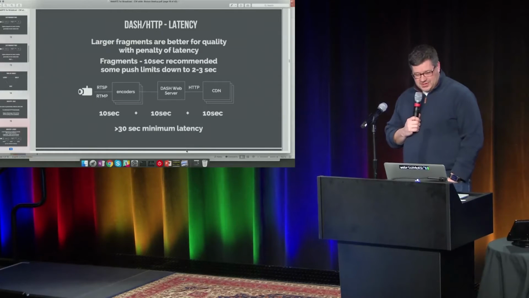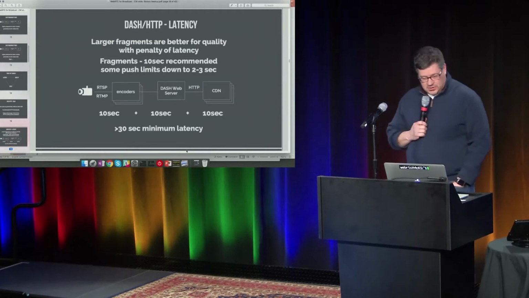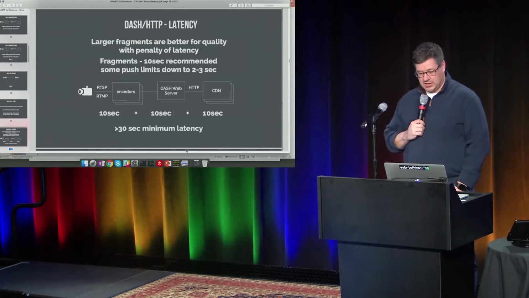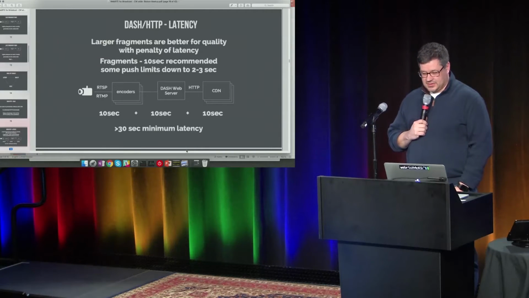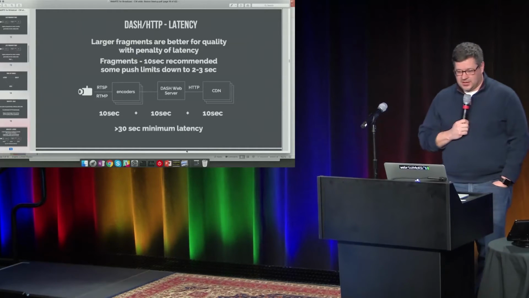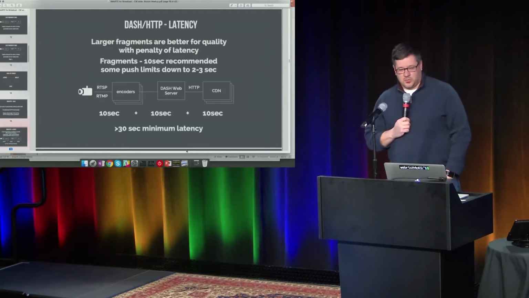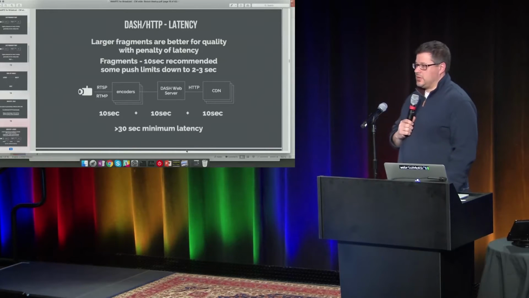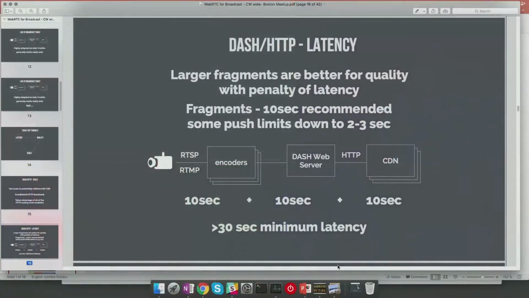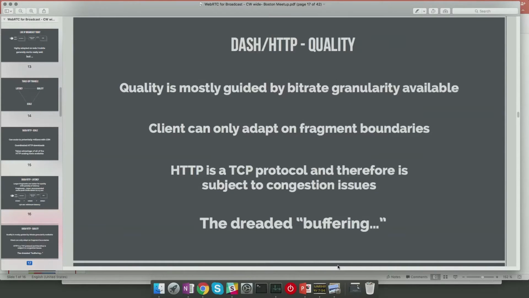But there's this chain of latency that gets built up. From the camera to the encoders, you're building a chunk of 10 seconds, and then to the origin server, you have a chunk of 10 seconds. You create the mezzanine file, then the CDN requests start coming through, and then the client is probably buffering another fragment. So we have this chain of latency. So really, even in the best case, we're at tens of seconds, maybe even a minute.